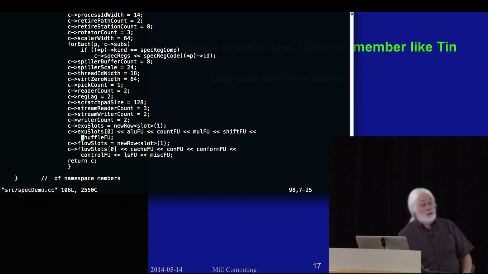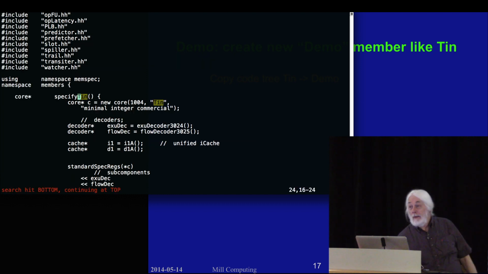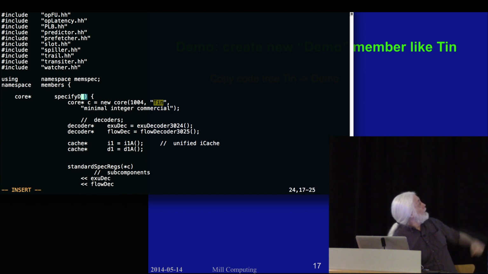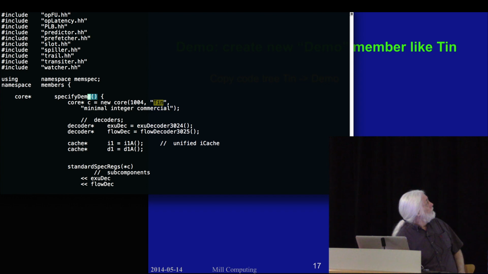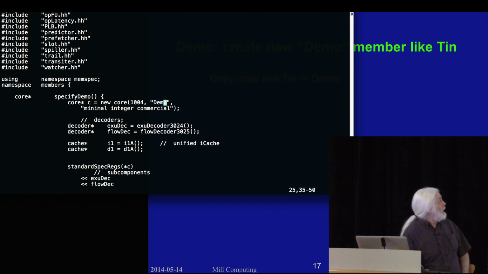And every instance of tin should be replaced by demo in that. There's two of them. They're up at the top. You are looking at a real specification file. That's a real one. And tin appears twice. And lastly, down at the bottom,